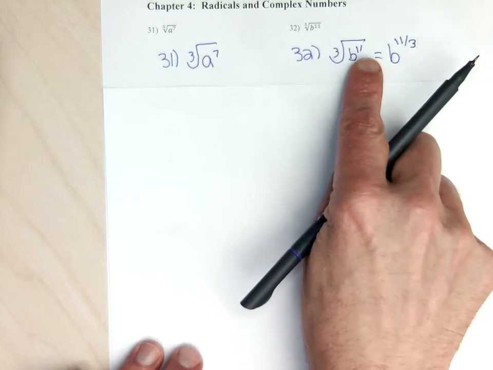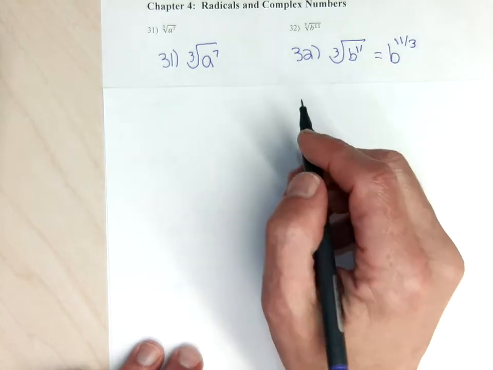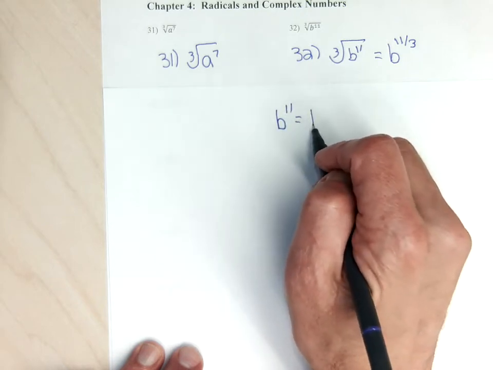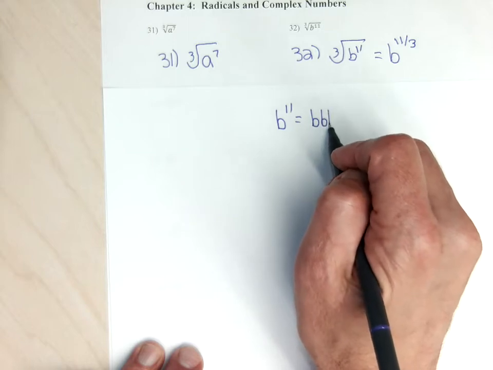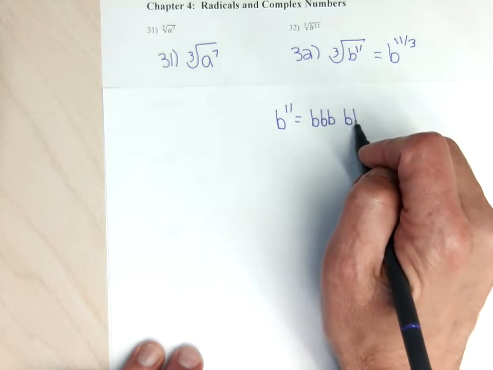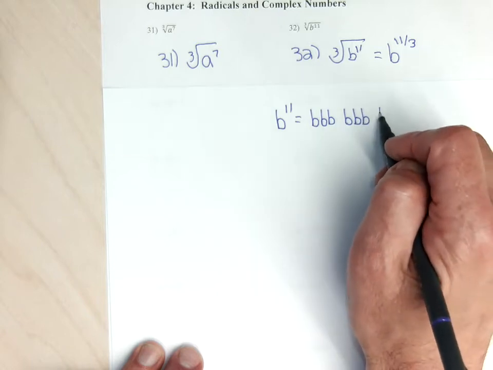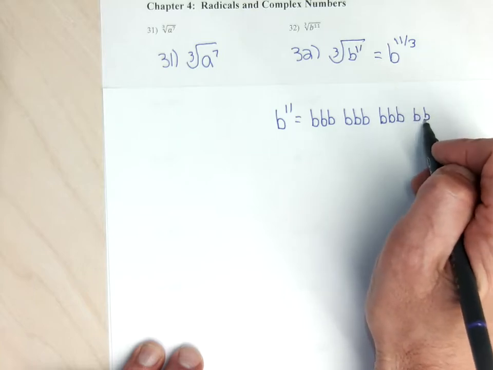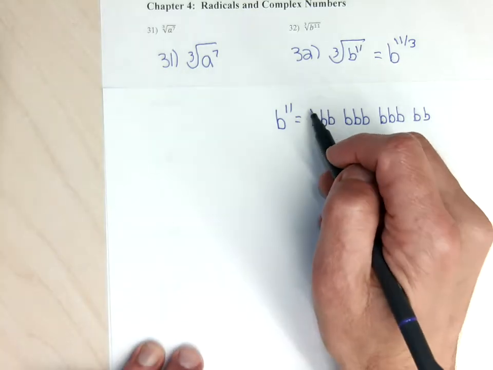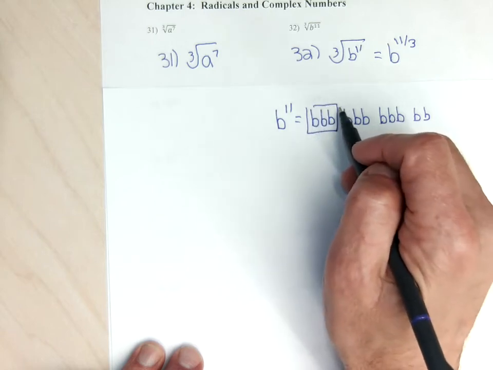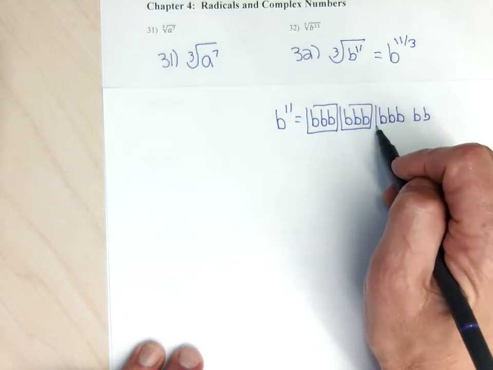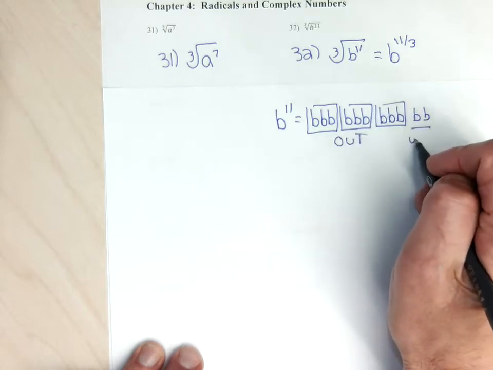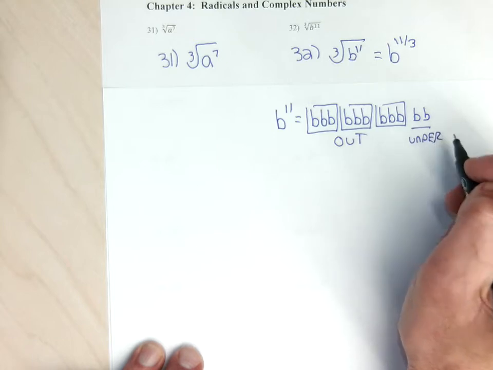I'm going to reduce this using the prime factor tree strategy. If I want to reduce the cube root of b to the 11th, I'm going to do a prime factor tree for b to the 11th, and that's just simply a sequence of 11 b's being multiplied. So I just wrote down a very carefully selected set of 11 b's. This is a cube root, so anytime I get a 3 of a kind, I get one of those out in front of the radical. Anything that's not part of a 3 of a kind is going to go under my radical and get multiplied